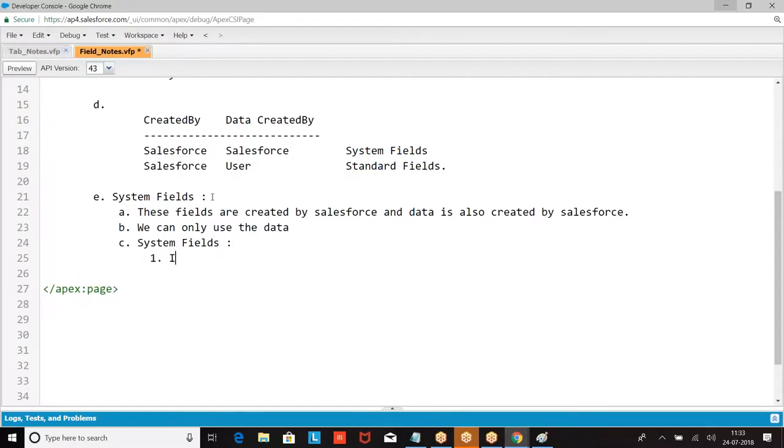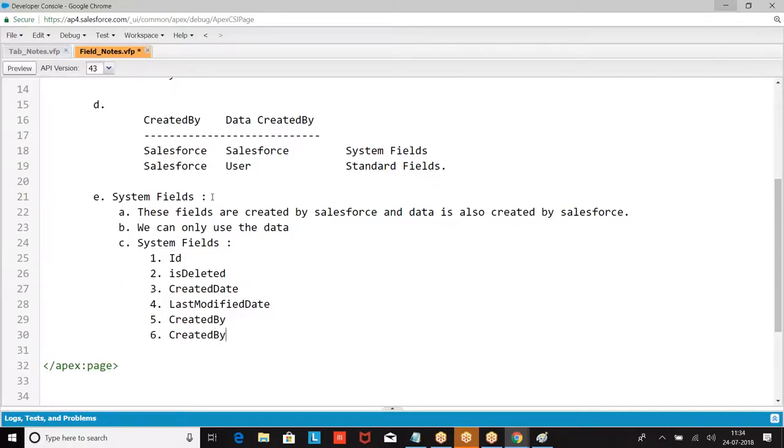Now two more are added there, but generally both of them are the same.